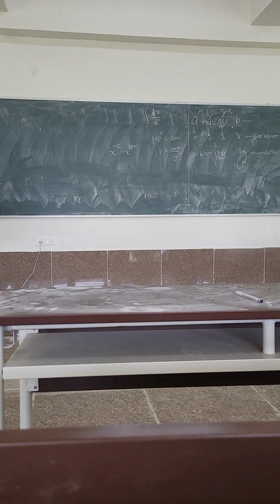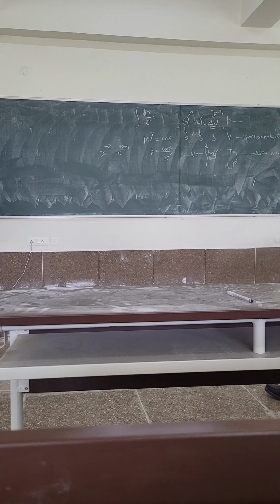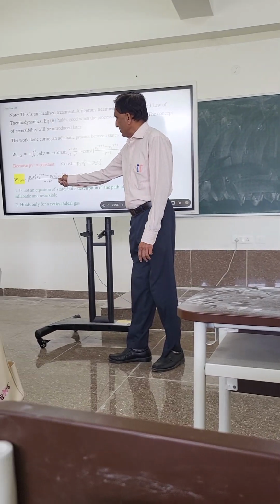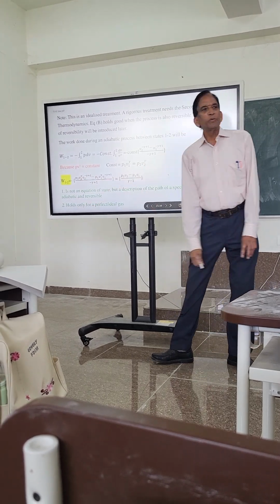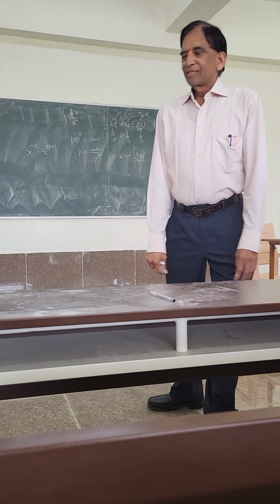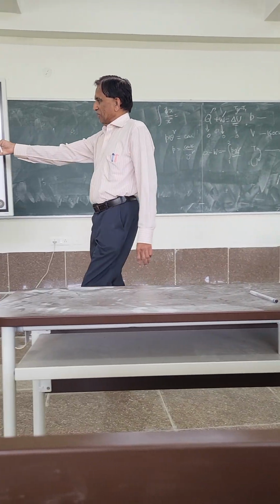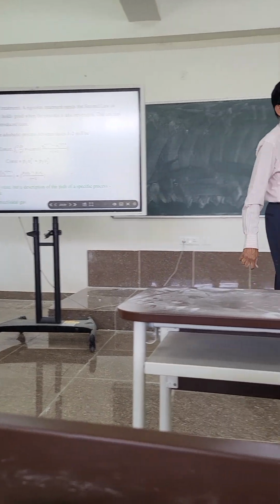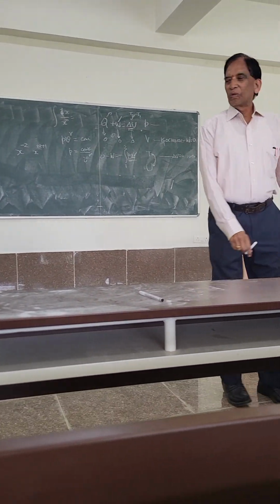X power 1 is equal to X. Simple here. The gamma and minus gamma cancel, so this is P1 V1, this is P2 V2. Guys, you know that thing, you don't tell me that you don't know this. If you can do that, you should be able to do this. Yes. So this will be